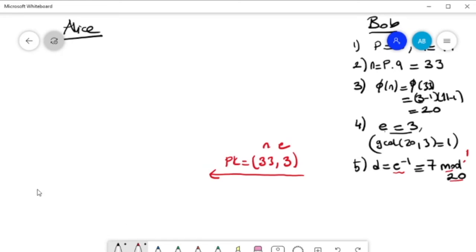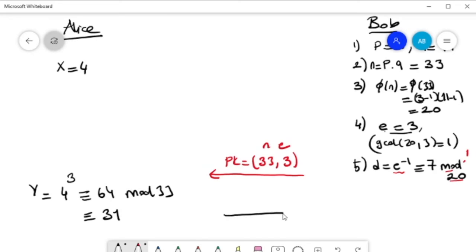So Y is, assume that Alice picks X equal to 4 to the power 3, which is E, which is 64 modulo 33, which is 31, and sends Y to Bob, and Bob, in order to find X, Bob computes Y to the power 7,